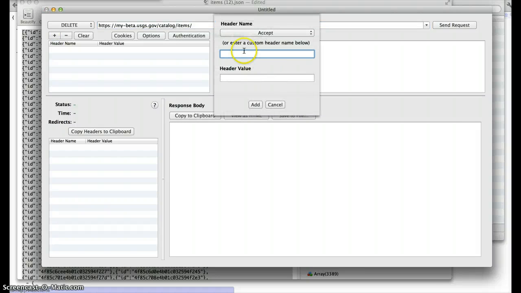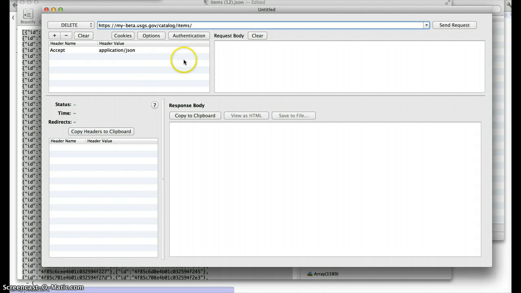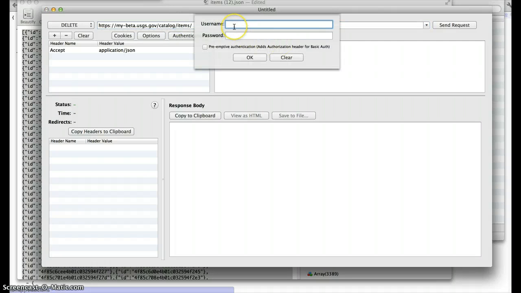A couple things you need to add in order to complete this, tell the API exactly what it's supposed to do. You have to include the accept header application/JSON in order to tell it that you're sending JSON, which it's going to expect. You do have to provide authentication. This is one of the reasons I like this client. It lets me do individual preemptive authentication, so that